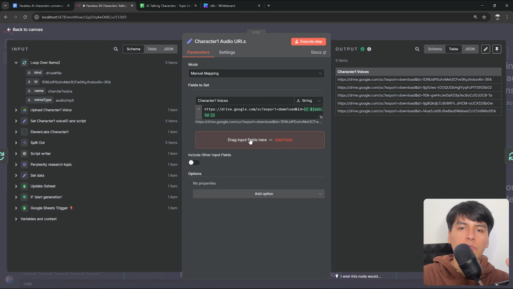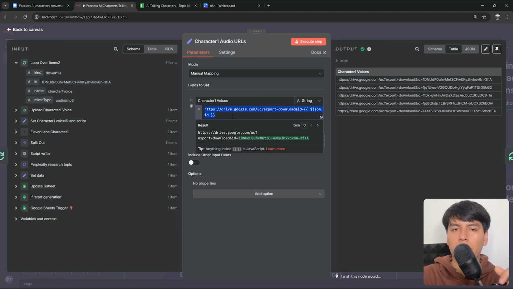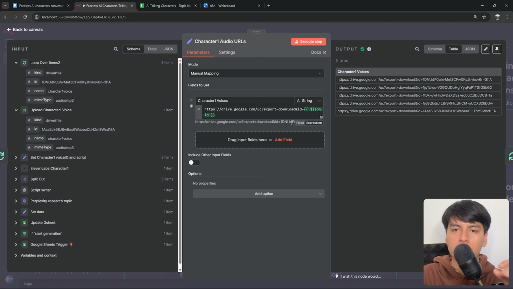So if you remember well, to actually get the download URL for each file, you will need to follow this format. It was this part first and then your actual ID. And since we got the ID from uploading it to the Google Drive, then we can just map it right here. And here also make sure that you don't map directly from the actual drive node, but from the loop node, because it aggregates all of the results here and it'll get it for all of the 5 items. So here next to it, you can see that all of the URLs are neatly ordered and ready to go.